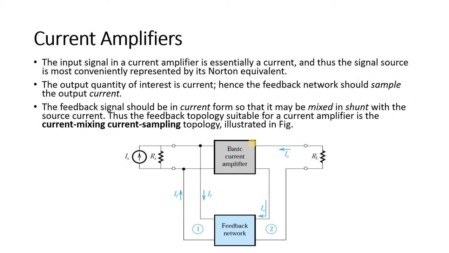Next is a current amplifier. You can note here, nowhere is V mentioned; everywhere it is I. In a current amplifier, we have input current IS, output current, and feedback current, and how the output current flows to the feedback network. All this representation in the circuit diagram and block diagram, the quantities are very important. Whenever we say current amplifier, you should mention current. Whenever voltage amplifier, all in terms of voltage.